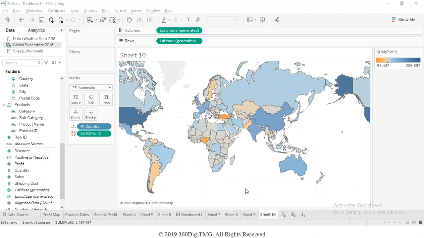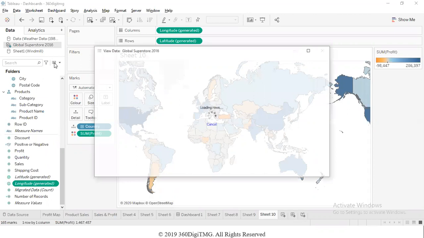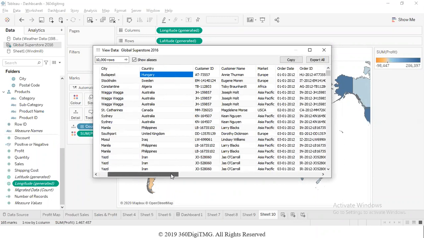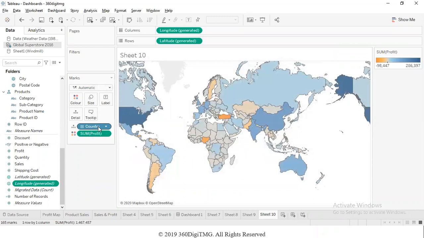Yes, because Tableau has its own internal repository of latitudes and longitudes from across the world that it recognizes. In the database, we are not getting latitude and longitude information. We are giving the name of the country. No latitude, no longitude, nothing. But just by the name of the country itself, it is able to show us on the map.